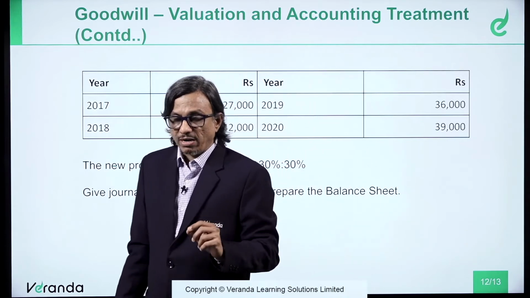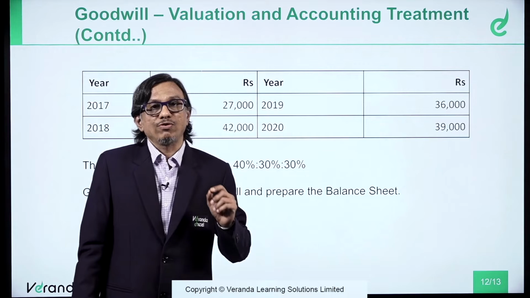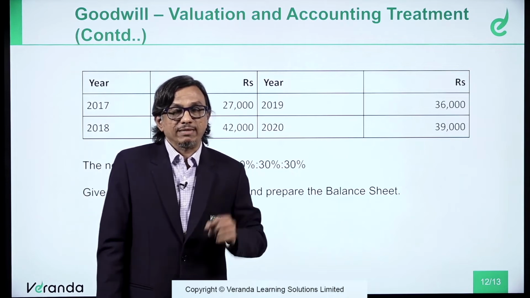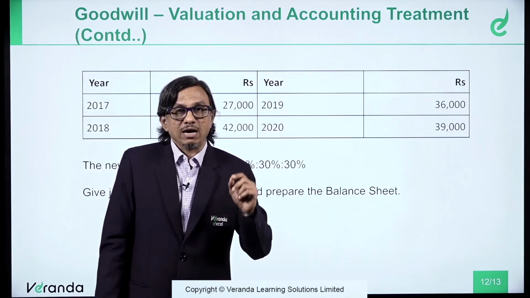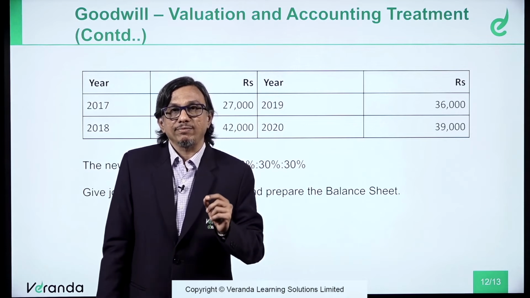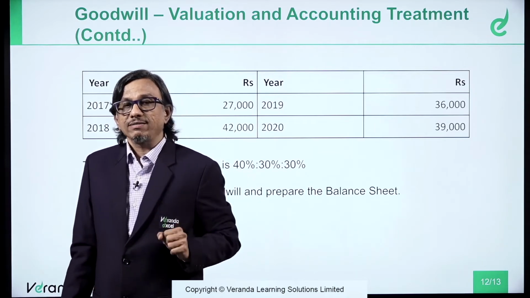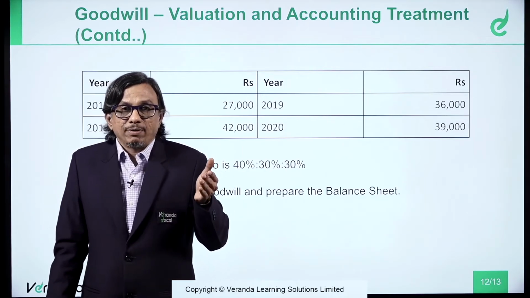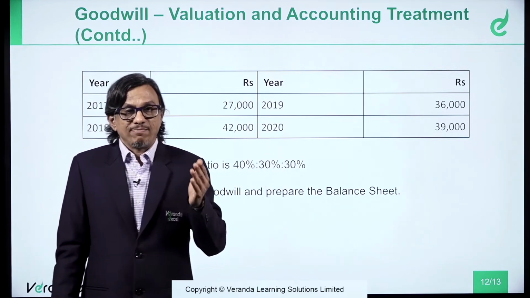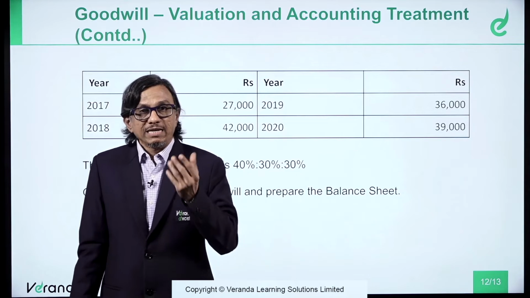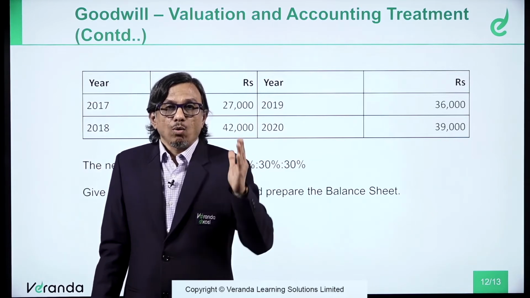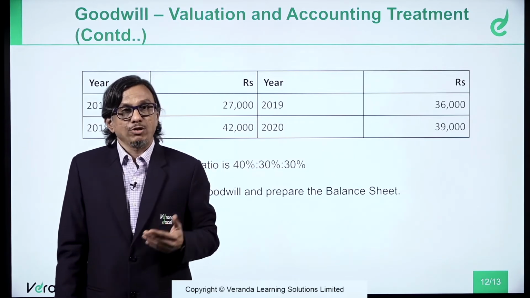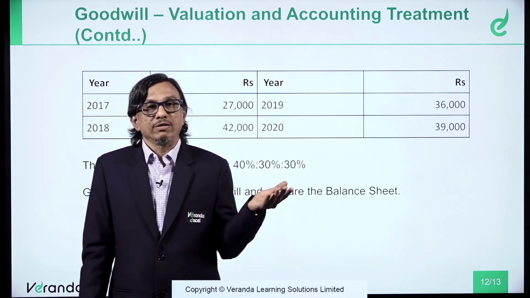On account of admission of a partner, when the goodwill is valued, how to account for goodwill? You understand, always the goodwill, whether it is admission or retirement or death, is to be accounted by adjusting in the partners' capital accounts in the ratio of gain and sacrifice. The sacrificing partner's account should be credited, the gaining partner's capital account should be debited. In case of admission of a partner, normally the incoming partner is a gaining partner and the old partners are the sacrificing partners. So therefore, it will be debit the new partner Anil, credit the old partners, namely Bajaj and